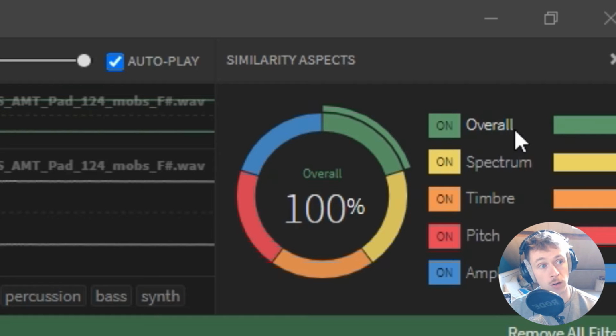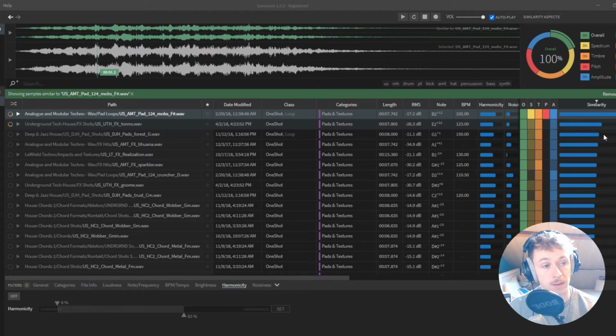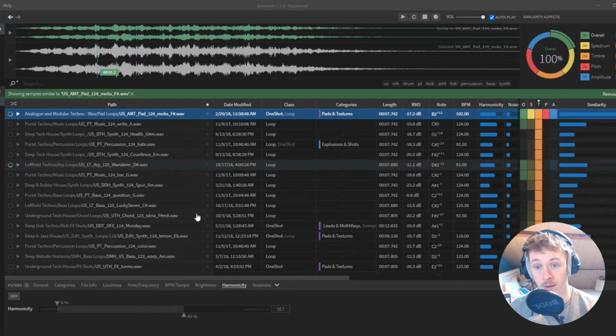You have the overall similarity, but then you have similarity in terms of frequency spectrum, in terms of timbre, pitch, and amplitude. So let's say I have this pad here, and I'm searching something that's really similar in terms of timbre. I can simply select timbre here. And now Sononym has reorganized these samples to show me first the samples that are most similar in terms of